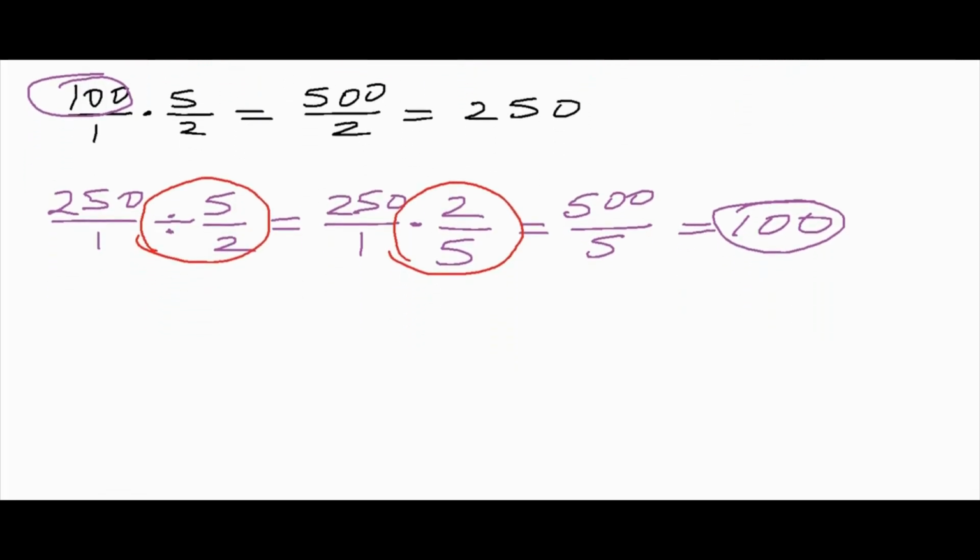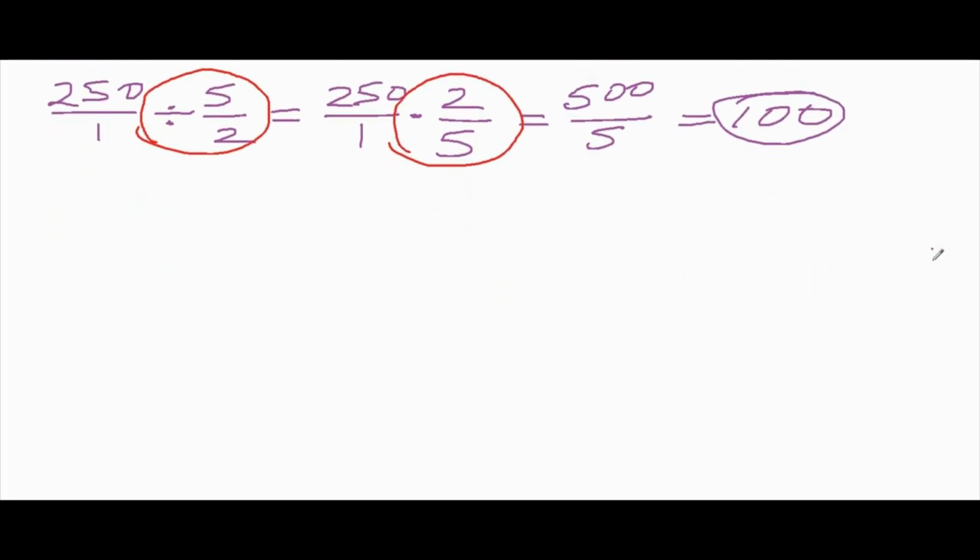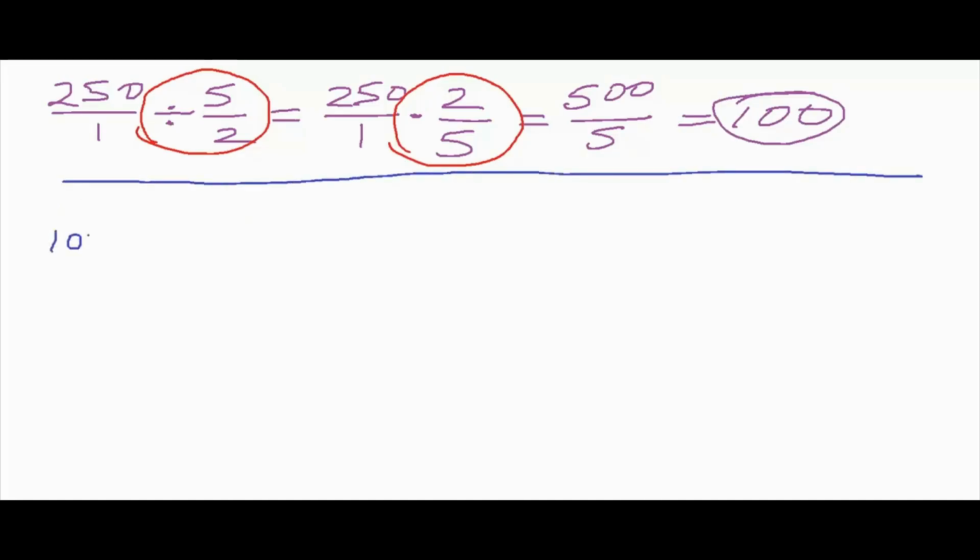Okay, now let's do something more rigorous. That's what we say about proofs when they're not an intuition. We're actually proving it in a way that can't be disputed. So let's go back to, let me line this off, and I'm going to prove it for just the numbers that I'm using as an example, then we'll prove it generically. So I'm going to manipulate this now. I'm going to do 100 over 1 divided by